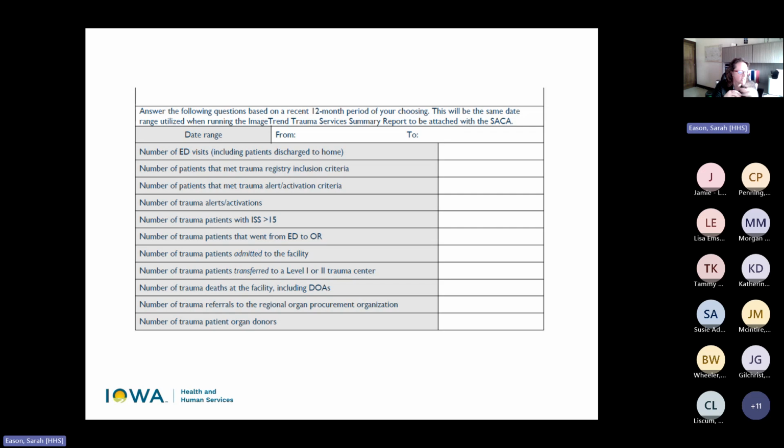More to come, but that is certainly one that needs to be adjusted for level fours, because you're not actually harvesting at your level 4 facility where you would get that. The thank you letter from Iowa Donor Network for your referral goes to the receiving hospital that you sent that patient to, not you.